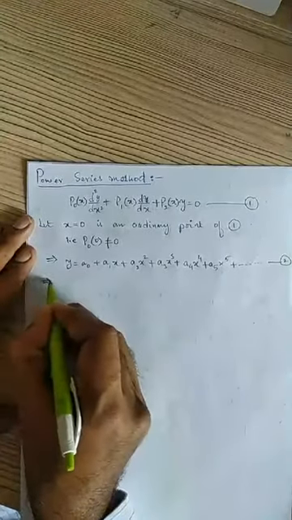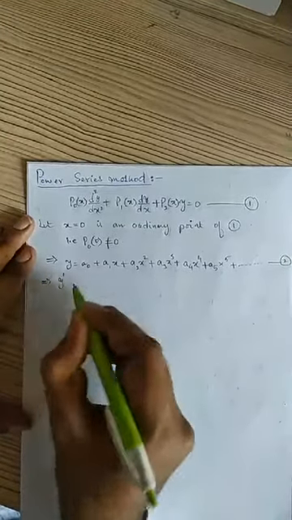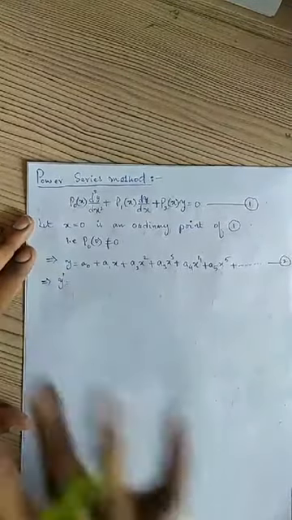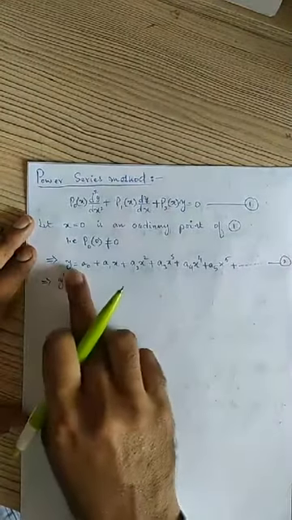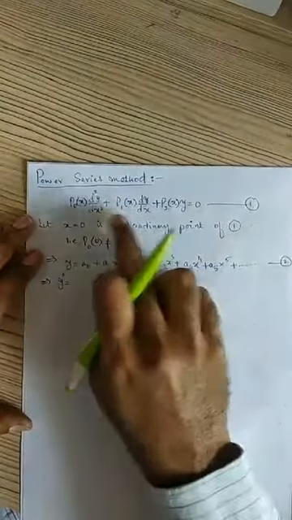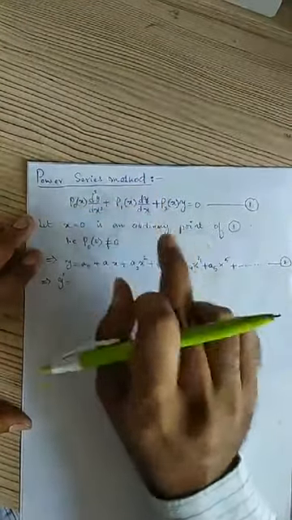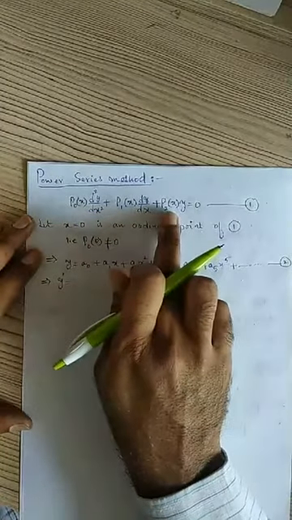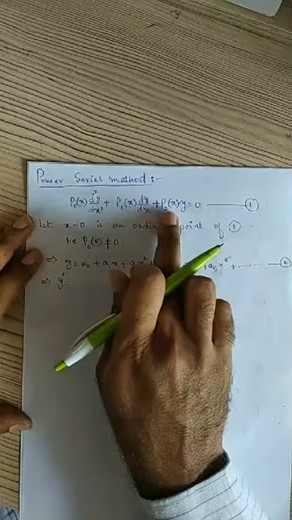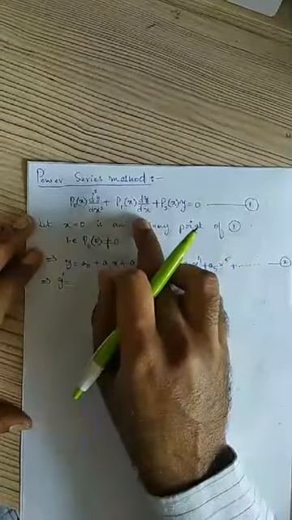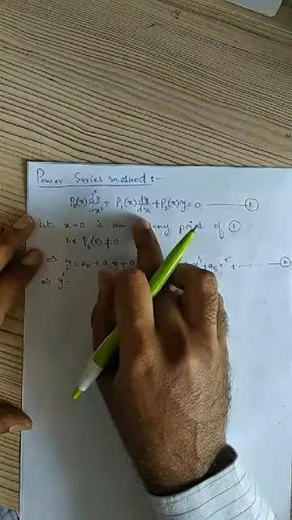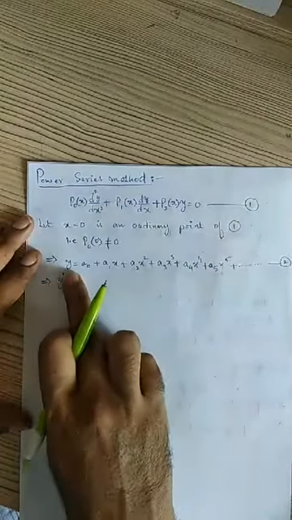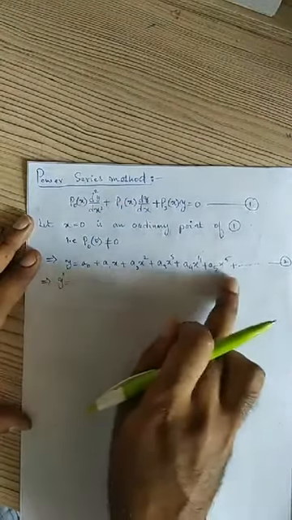Now I'll find y dash. So y dash equals, so actually what is my intention now? Our intention is to solve this equation by using the power series method, which means I have to find y, the general solution. So I am assuming that x equals 0 is an ordinary point, so from that result I can write that y will obviously be in this form.